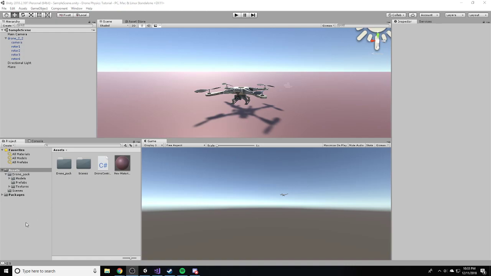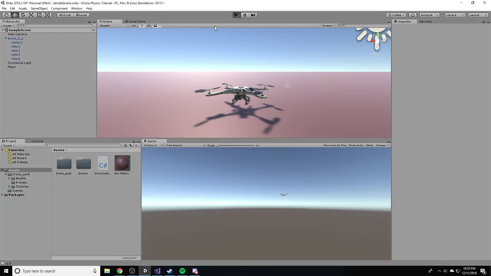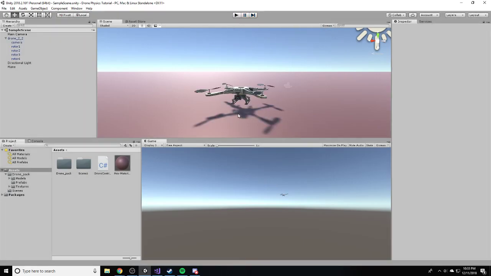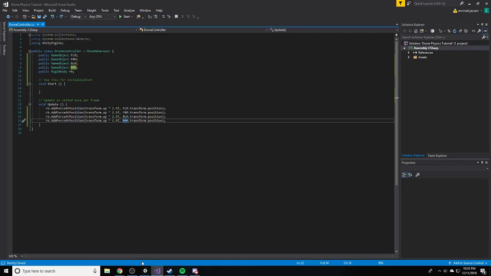So essentially the first tutorial was just us getting things set up, and obviously right now if I run it, we'll see that it just sort of flies away, but we want to be able to control the amount of thrust being exerted, so we want some say in the throttle. And so in order to do that, we're going to go into our drone controller, right? And as usual, we're just going to have to change a lot of stuff this tutorial,